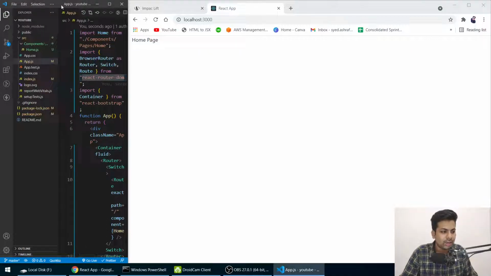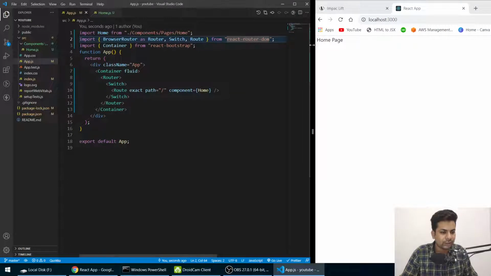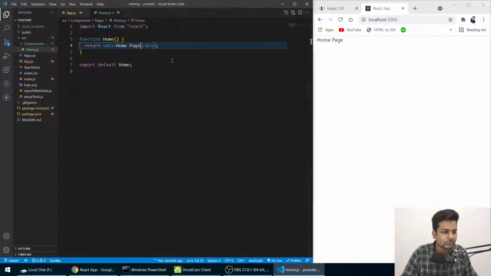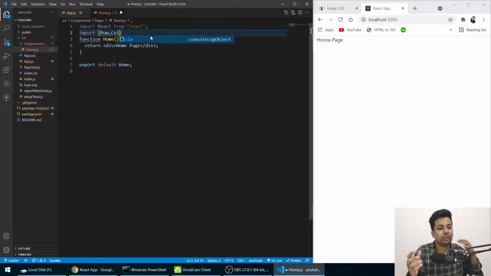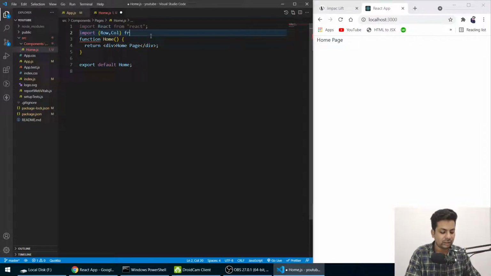Now come back to code. Yeah, now in the home we'll import row, column from React bootstrap. You should be a little bit aware of how bootstrap and React work. So in the home page, firstly we'll make a row.